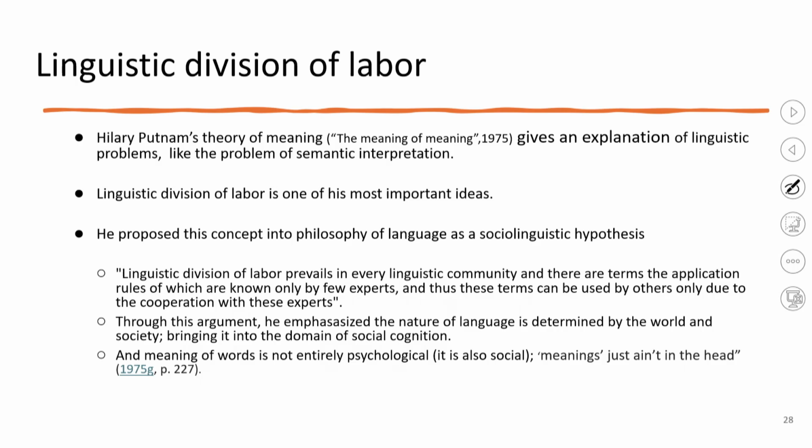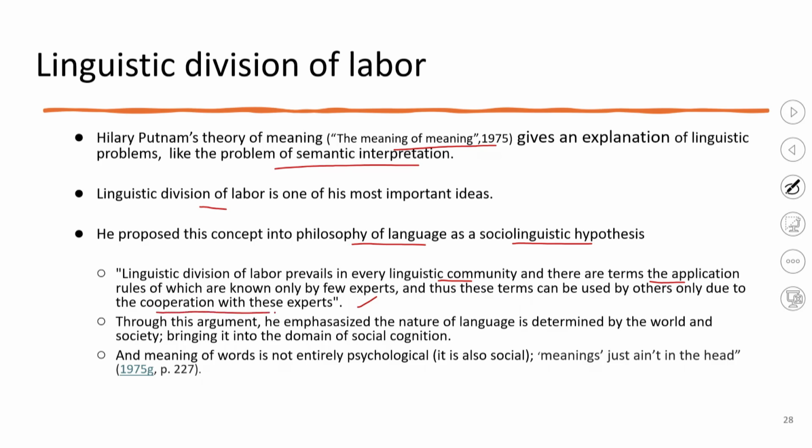This is where it comes from, the meaning of meaning, seminal work in 1975. So, he gives an explanation of linguistic problems like the problem of semantic interpretation. How do we interpret words, how do we create meaning, and this is where the division of labor comes into place. So, he proposes this concept into philosophy of language as a sociolinguistic hypothesis, and this is how he talks about it. Linguistic division of labor prevails in every linguistic community, and there are terms the application rules of which are known only by a few experts,